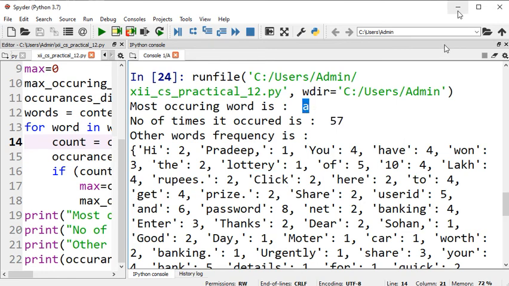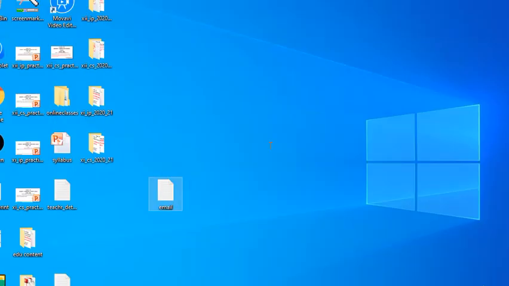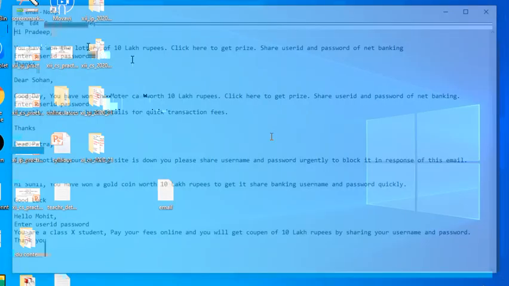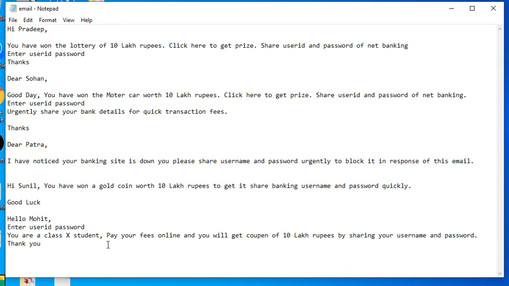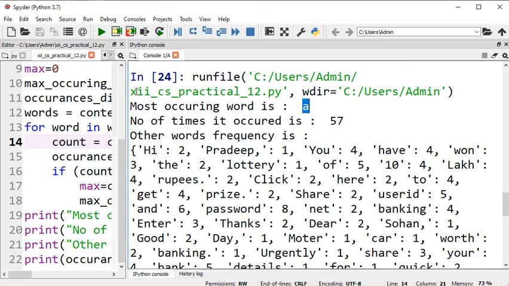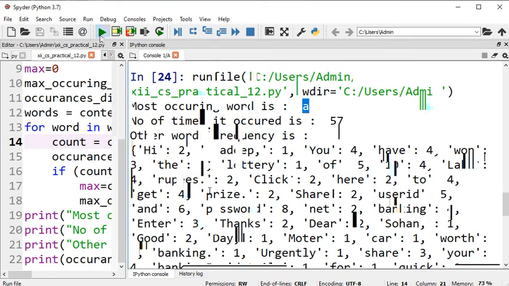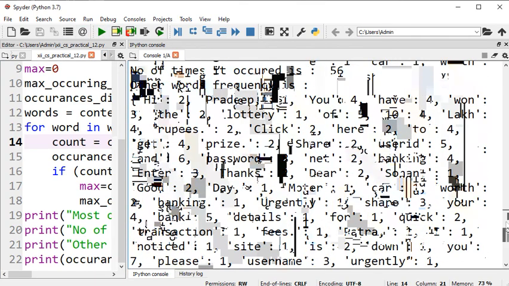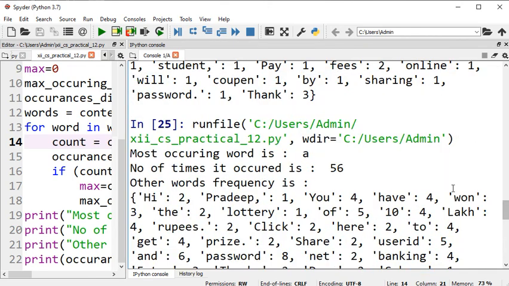Now what we need to do is remove this A, because A as a word is making some problem. If you are counting A, then it is also counting the A inside other words. So we need to remove the A. Now it should return the password. Okay, let's try to run it again. What has it returned this time? Okay, this time also it is the same.